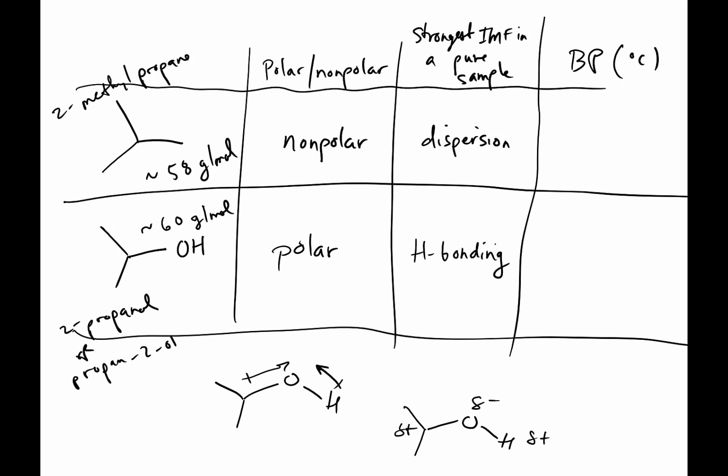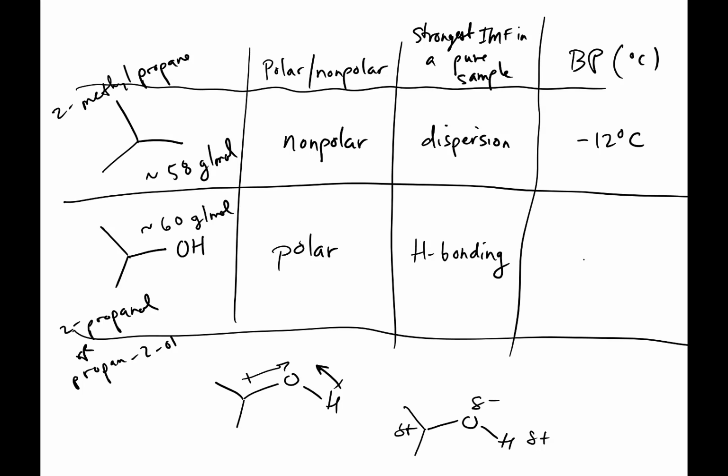is the strongest. And again, there's a vast disparity in terms of the strength of those interactions, and it translates to a large difference too. So 2-methylpropane is a gas at room temperature. It's about negative 12 degrees Celsius, and